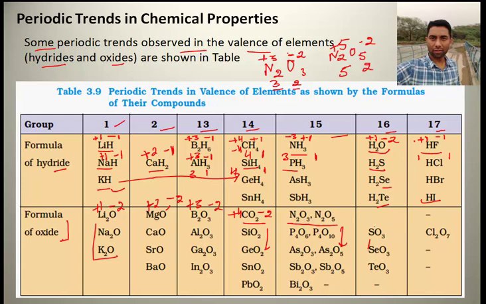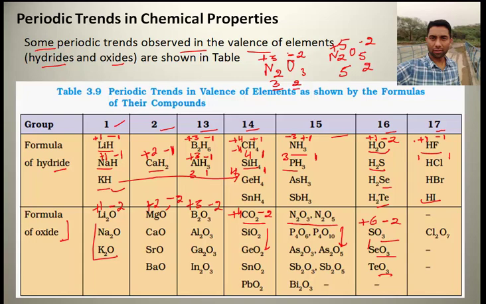Now for group 16, generally they show one valence, that is +6, and oxygen will have -2. In every case, if you note it, the octet has to be completed for both the species, based on how many electrons the species has given for the chemical combination, whether it has gained or lost electrons. So we relate that. The same basic idea applies here also.